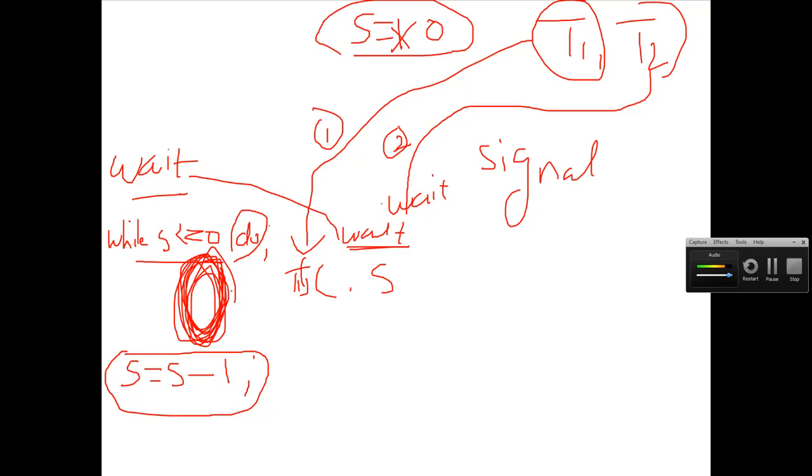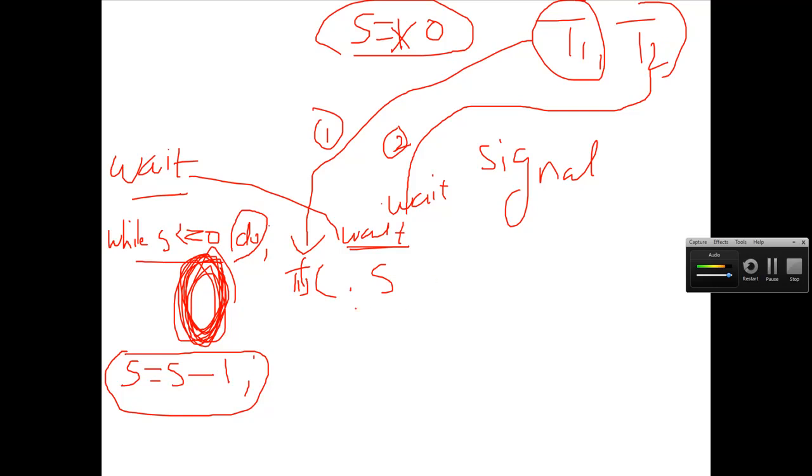It would be in this block. So T2 is blocked here. It is continuously executing the while loop, whereas at the same time T1 is in the critical section, and the value has changed from 1 to 0. Now when T2 calls the wait method to enter the critical section, while the value is 0, T2 is blocked in the while loop.